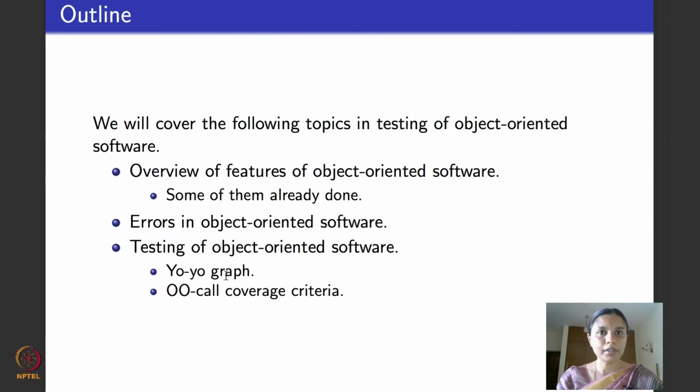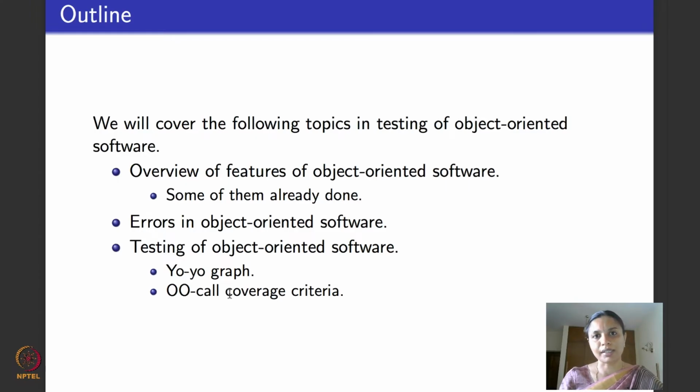What I had not done as a part of those lectures was to do object-oriented call coverage criteria specific to integration testing. In week 11, I decided to drop object-oriented testing without doing this and give you an overview of symbolic and concolic test selection techniques, mainly because I wanted that to be a complete set of 5 lectures covering 1 week's details. So what I will now do is catch up on what I did in week 10 and